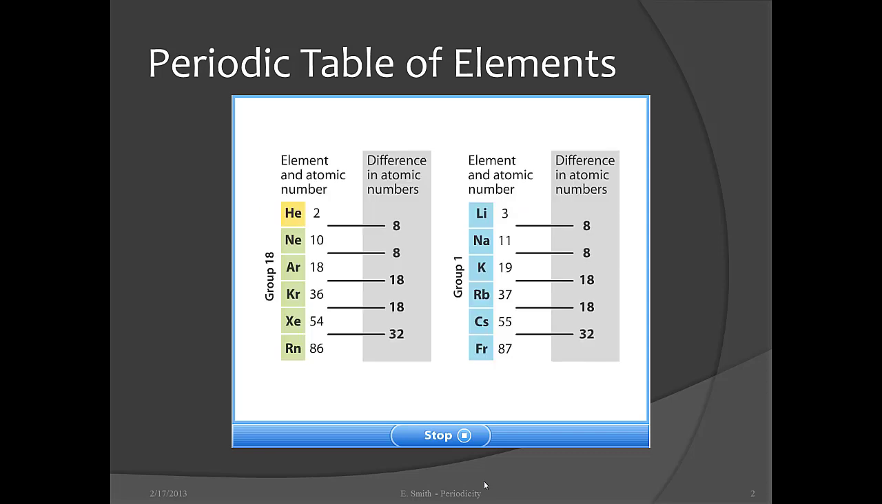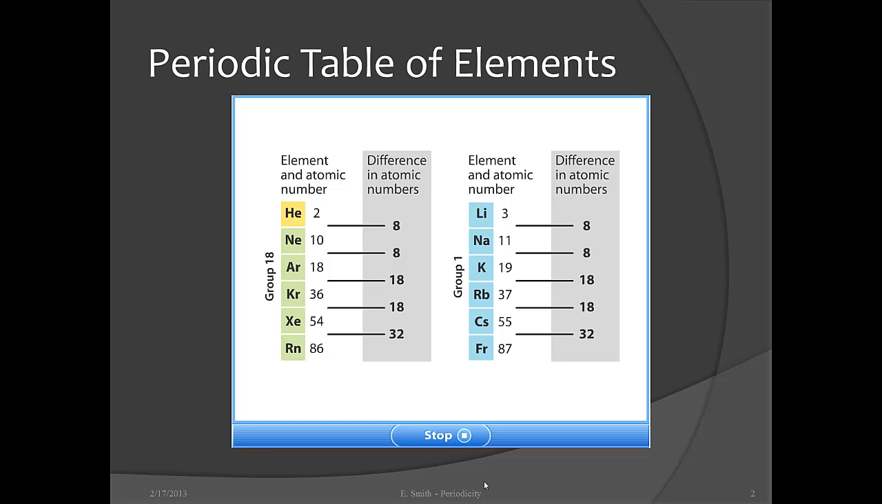For example, if we look at the difference between elements in group 18 and in group 1, we see that the difference in atomic numbers is constant. 8, then 8, then 18, then 18, and then 32. This means that the atoms are consistently becoming larger by a set number of protons as you move from period